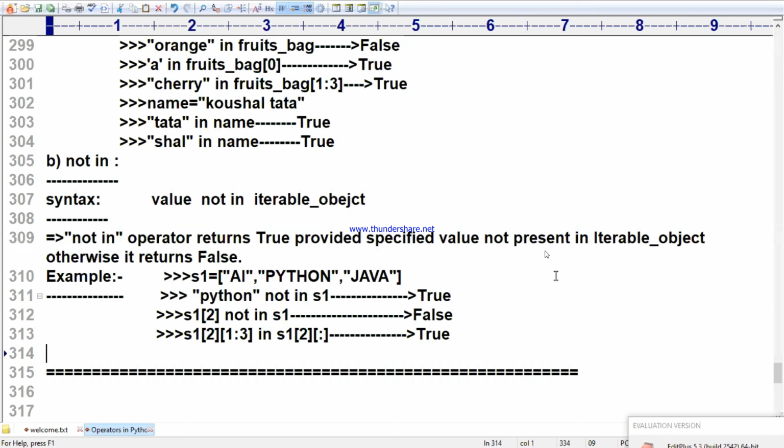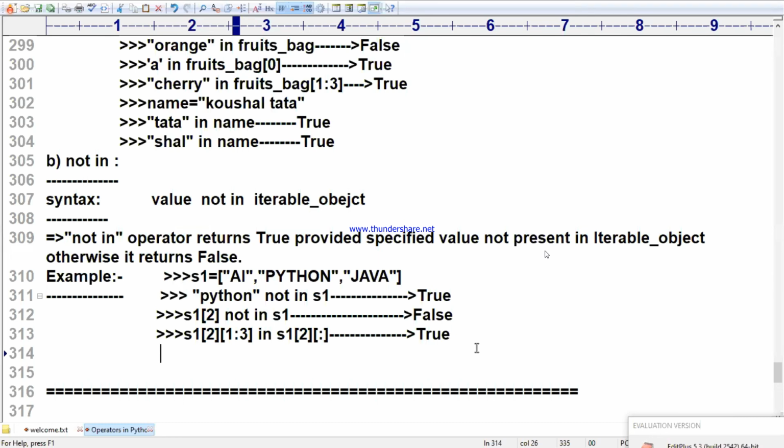Chiran Reddy, what is that? Not in. You want one more example. Take one more example here. I am taking TPL is equal to 10, ABC, 10, something like PQ, something like Python, something like 23.645.